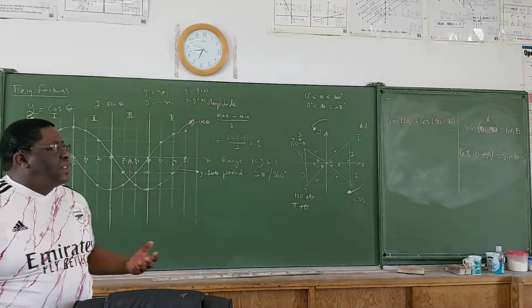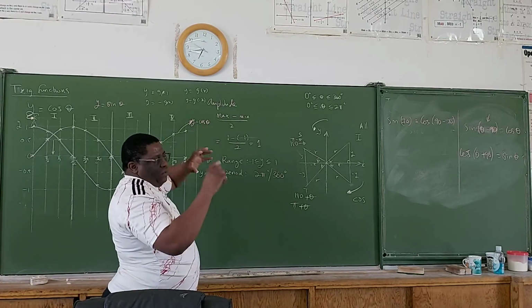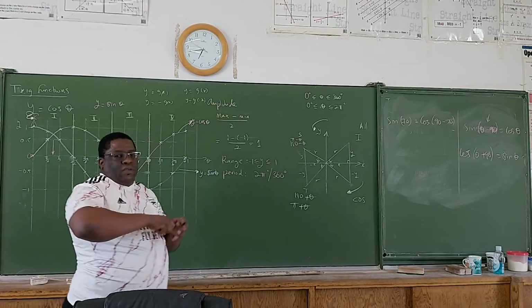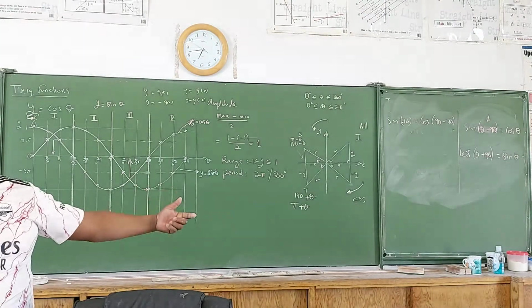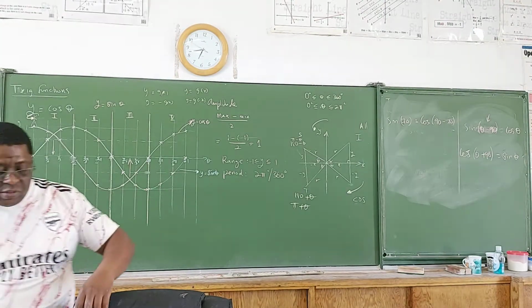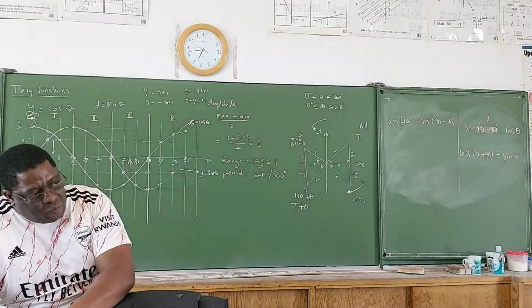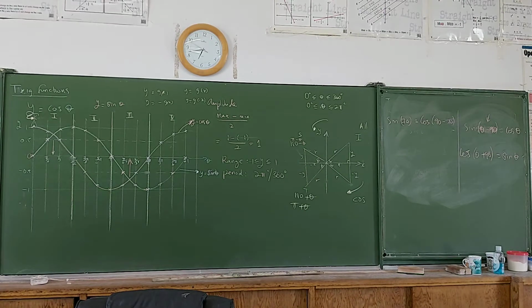Then we're going to take something here, and we're going to do something else. We're going to add a number maybe, and we're going to affect the period, and we're going to stretch it, or even make it a little bit wider, especially with the fraction. You will see that. You don't have to draw that. We will do that so you can realize, and then you just complete the tables that are in your book. That's fine? Okay, I want us to look at